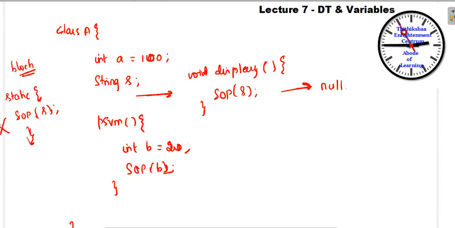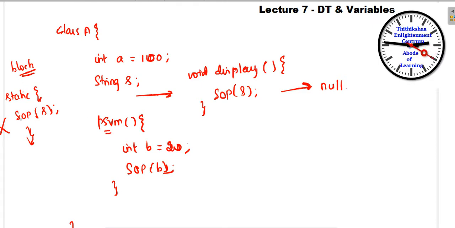If it is a static variable, that is okay, but instance variables cannot be used directly within the static block. You have to create an object for the instance variable whenever you use it within a static block or static method. Here you have public static void main, so this is a static method, right?